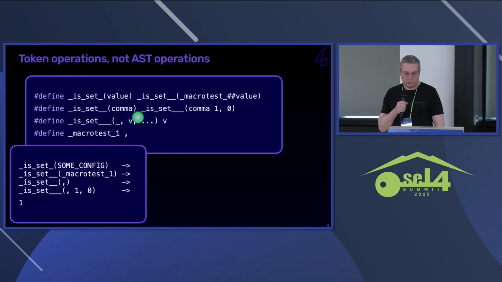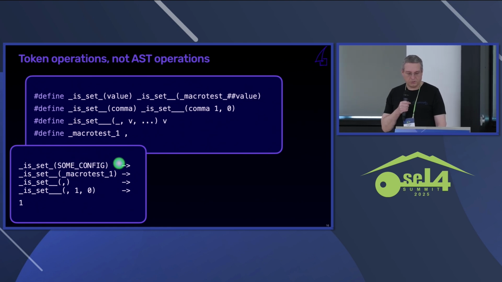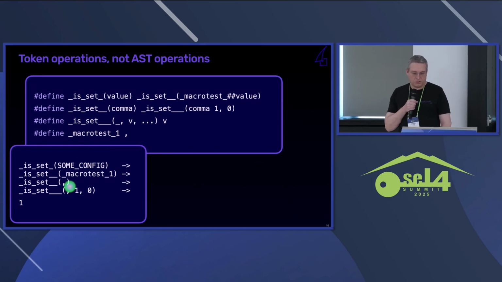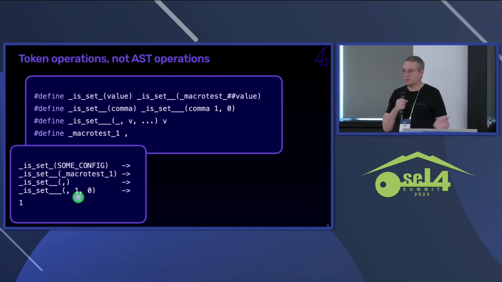If you take one where the config option is set, then it will evaluate to 1, and it will be fused with this macro test thing here. So it'll be macro test 1, which I happen to have defined as a comma. All right. So I call the next macro with a comma. And that makes this thing here have 3 arguments, of which the second one will be returned. So 1. Cool. I mean, it's a complicated way to get 1, but